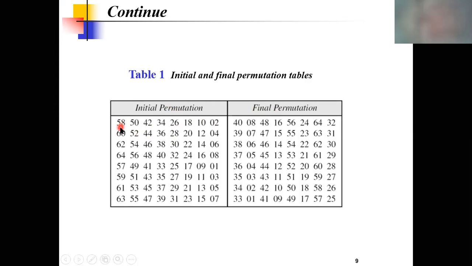Here, first 58 is mapped to the first position, and 50 is mapped to the second position. And here you can see this is the 25th position. The 25th position is mapped to 64. If I can